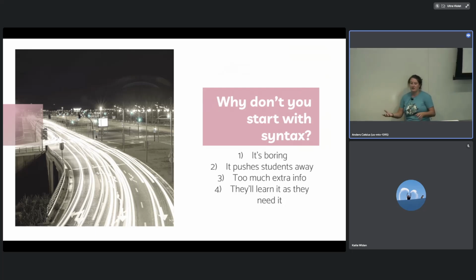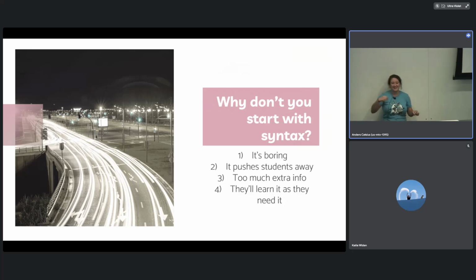So, I'd be like, okay, we're going to learn how to do variables by doing math. Okay, well, to do that, you need to print it to the screen. Okay, then I have to learn about system.out.print. And it's just a whole bunch of extra information. It's not relevant in this context. I'm not teaching programmers. I'm teaching robot programmers, specifically FRC robot programmers.